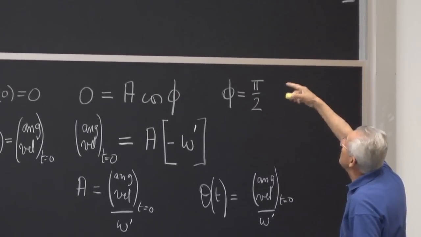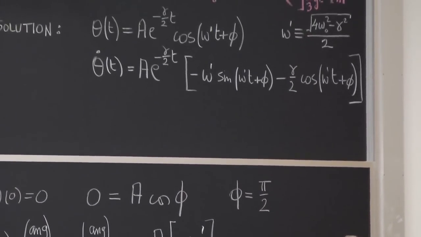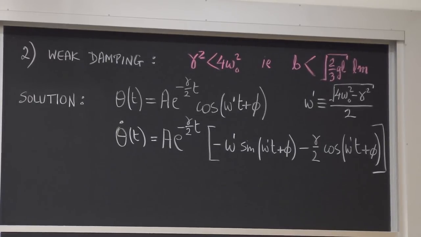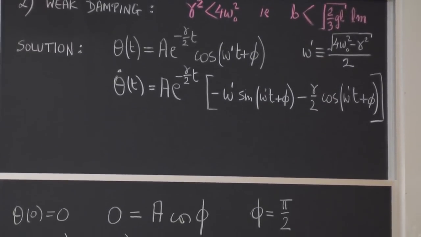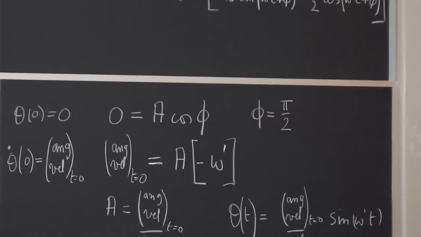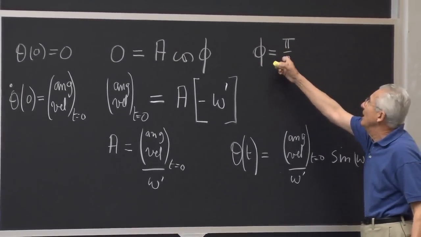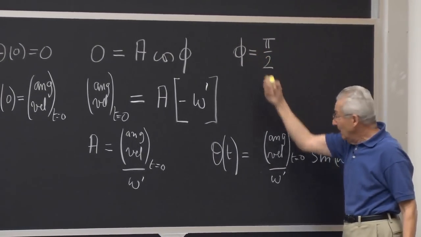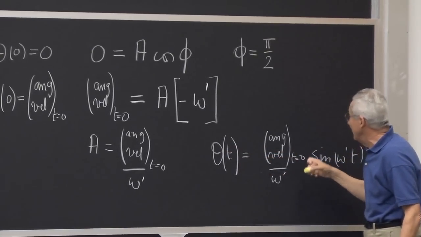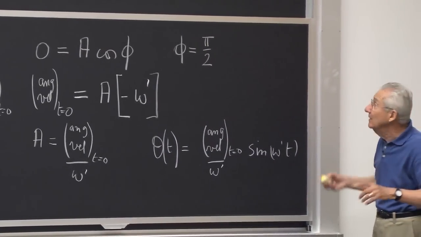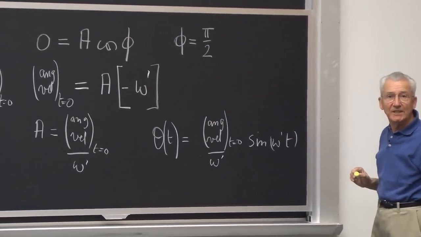So that's the same as minus sine of omega prime t. The two minuses cancelled, so I get a plus. Okay, and if earlier on you chose, for example, here minus pi over 2, then both of those signs would have been plus, and you still get the same answer. So it doesn't matter. The algebra looks after itself.